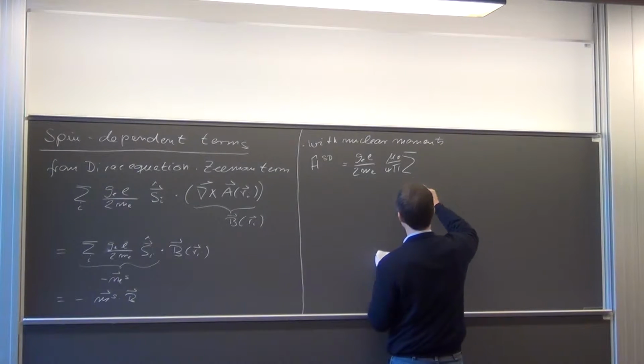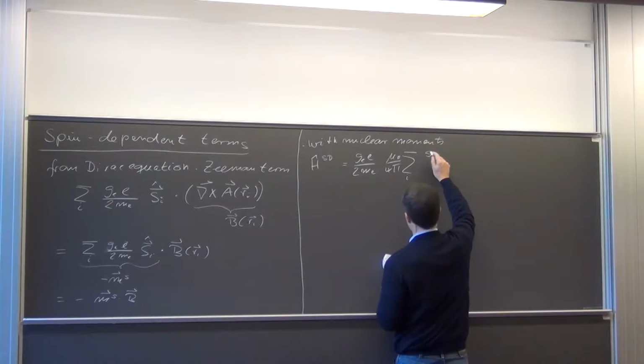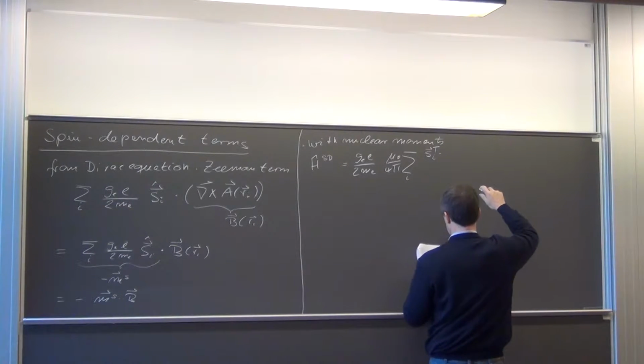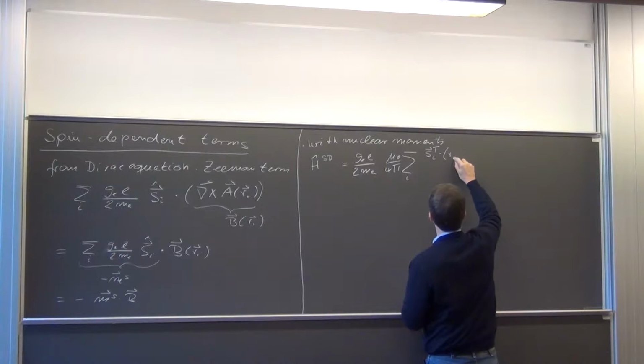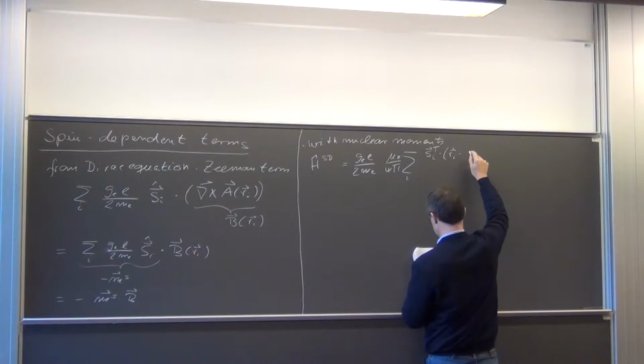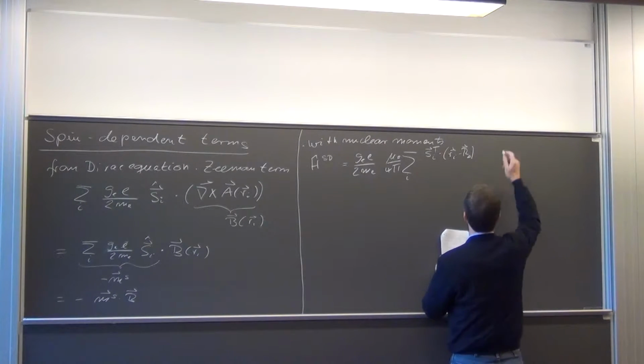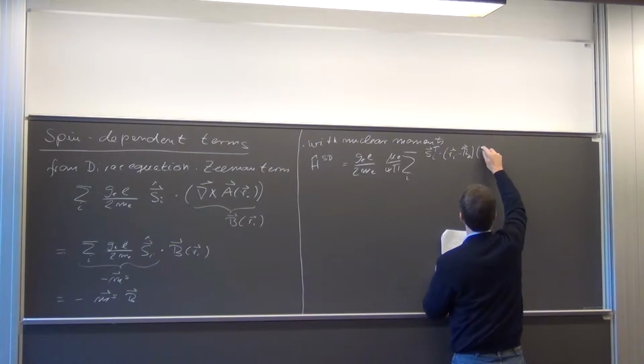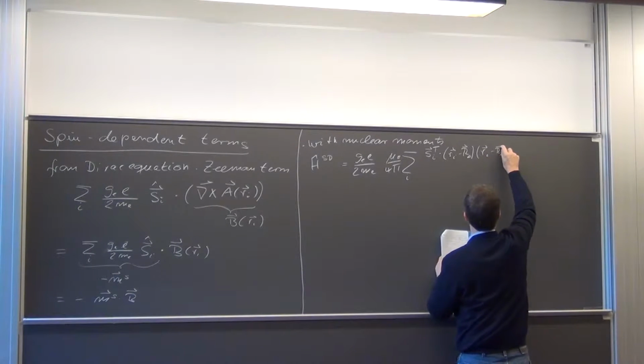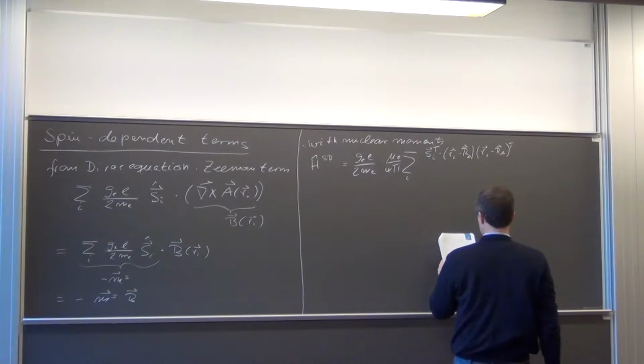And then we get a sum over all electrons, and we have the spin operators of the electrons transposed, times the position vector, and also transposed,